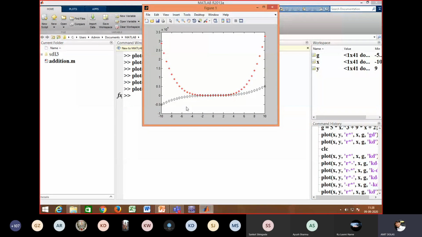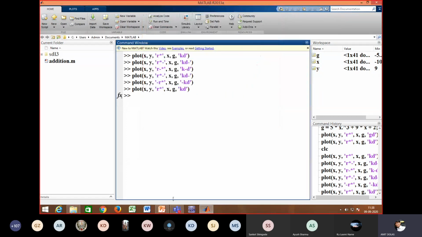So very simple. Now moving to the next. Why we are trying all these possibilities, because whenever you will be performing on MATLAB, if an error occurs, you should know what is the problem. But here, in the single quote, whatever may be the sequence, it will not affect the output.